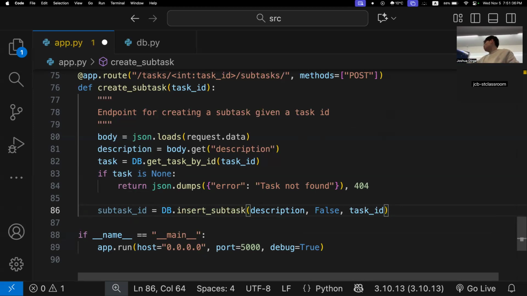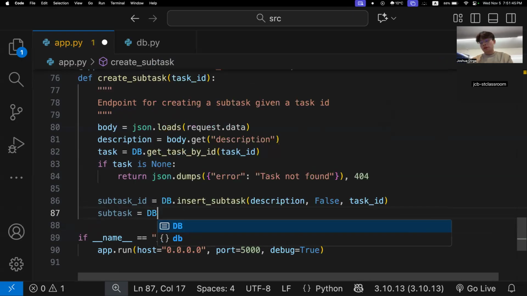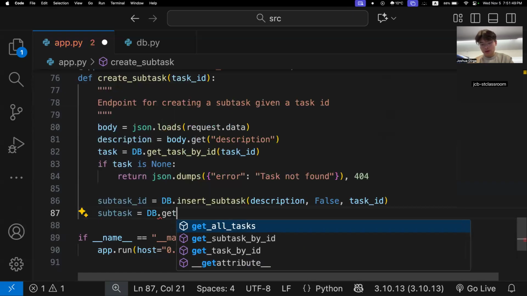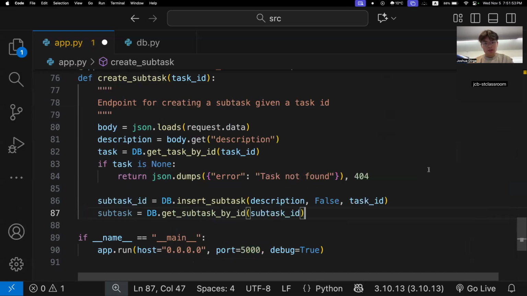So we store it in that variable. And then we have the subtask, just to check if we added it properly. We're gonna get it again, db.get subtask by ID, and this is subtask ID. So we insert it here. We store the ID over here, and then here we're just getting it again from the database to check